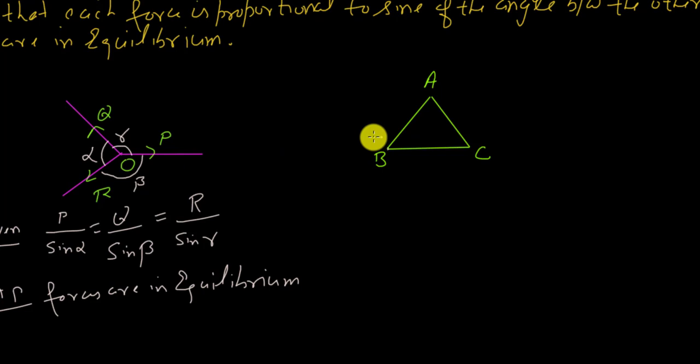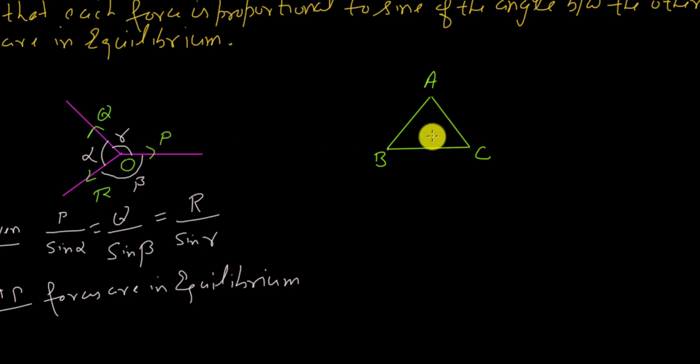But to prove them in equilibrium, these sides and these forces must be in proportion. So we will try to prove that. If we are able to prove that the sides taken parallel to the forces are in proportion to the magnitude of the forces, then we are done. Then we are able to prove the equilibrium by the triangle law of forces. So let me